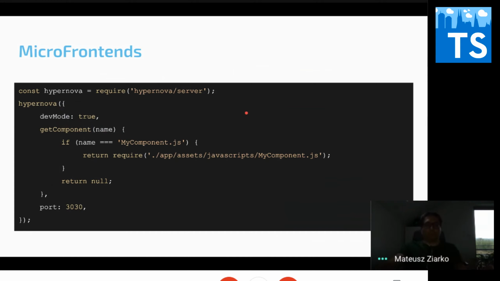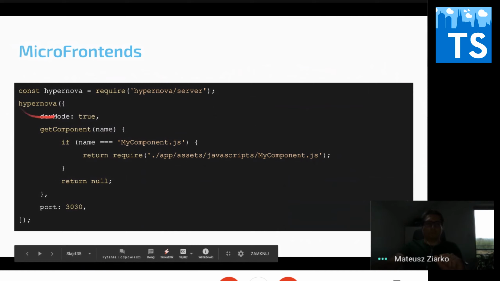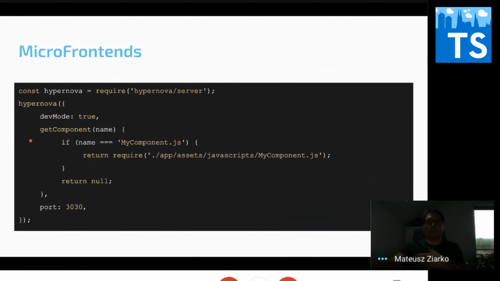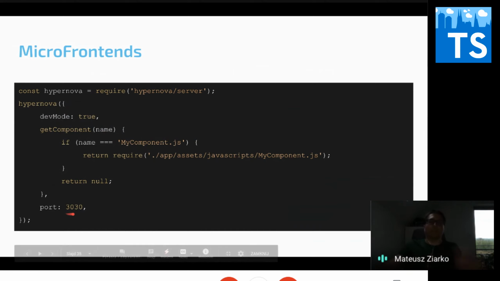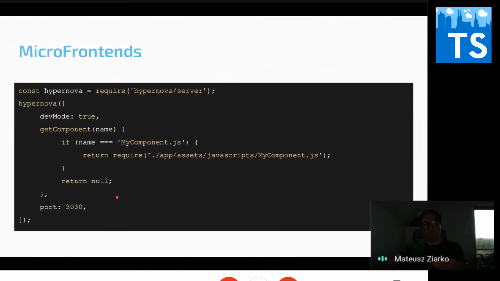So in the basis, we are creating our core renderer of Hypernova that renders our components that are held in separate files, and we are exposing it on a specified port. That bootstraps for us the whole stuff of server-side rendering of our micro frontend